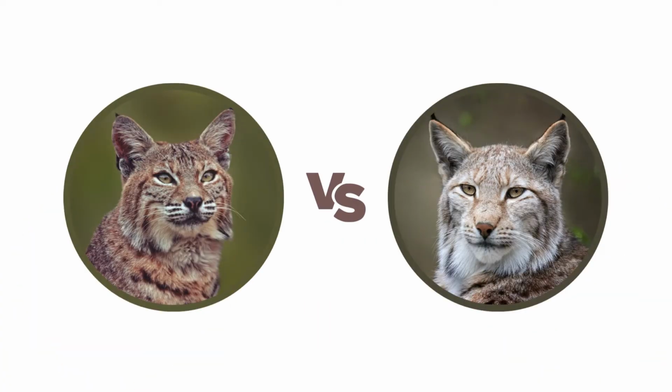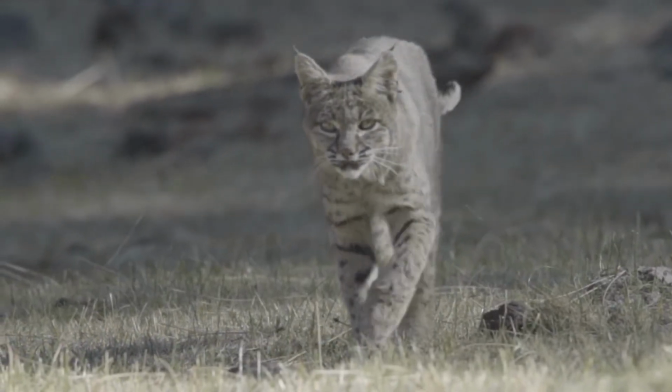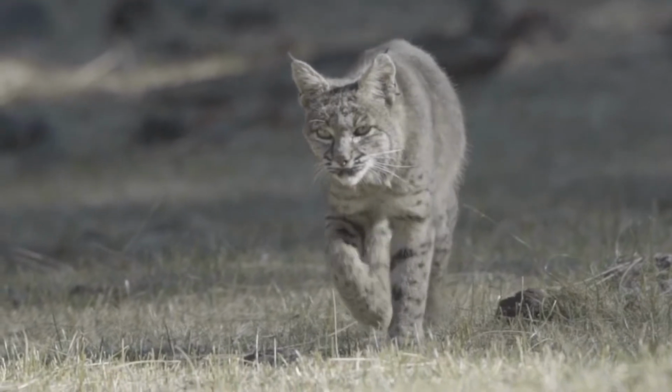Bobcat versus Lynx. This is one of the epic comparisons in the animal kingdom. Both of these animals are tough to differentiate, but in this video, I will make it clear, and you just